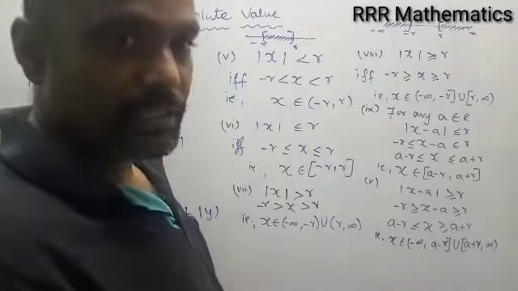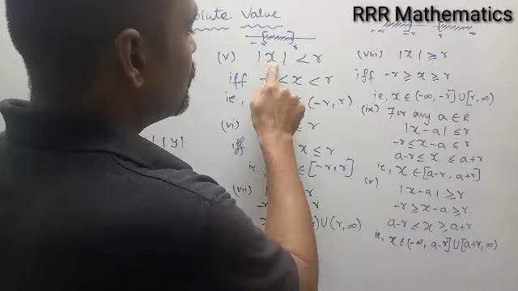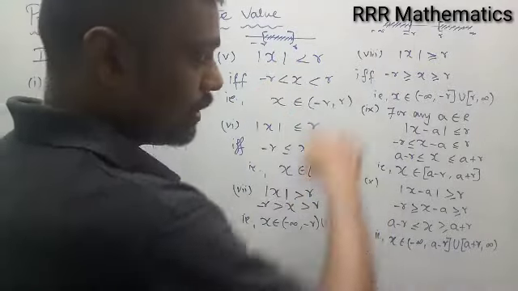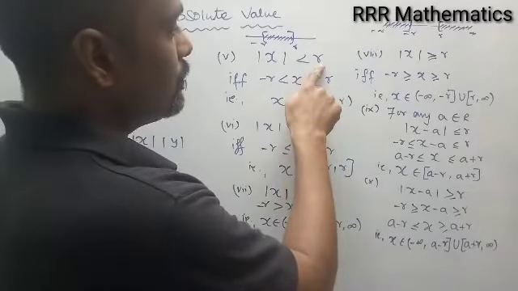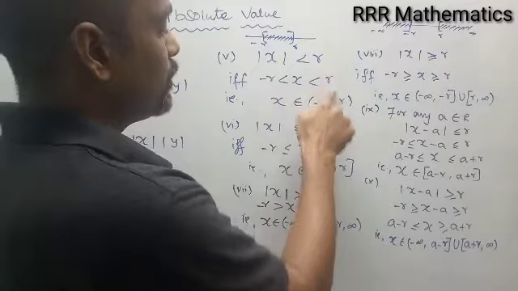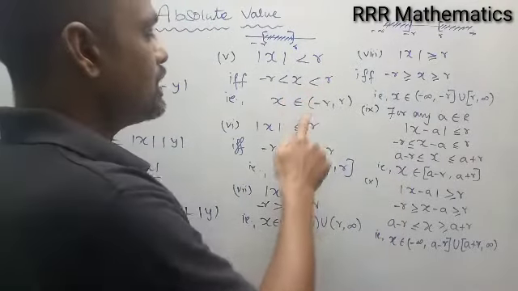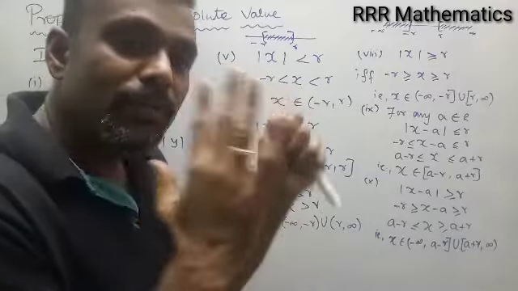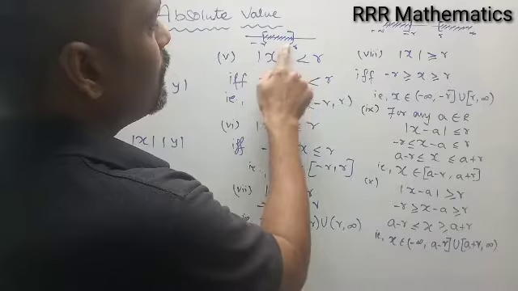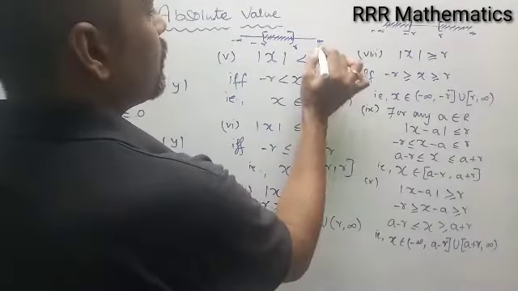That's all. Very simple. How to release the modulus from the inequality? Write the value inside the modulus. The same sign appears left as well as right in all the four cases. Write the value here, which is positive in this case, of course, everywhere. Write negative to positive, negative to positive, negative to positive. That's all. Suppose less than and less than or equal to means the value lies between the two values. Suppose minus r to plus r means it lies between these two, and your minus infinity appears here and plus infinity appears here.